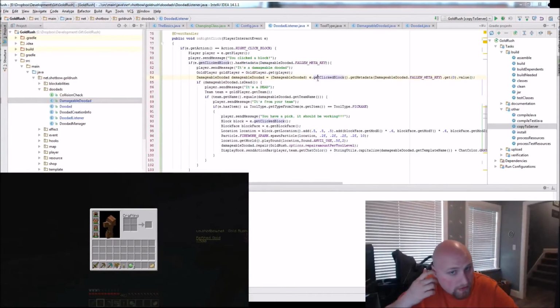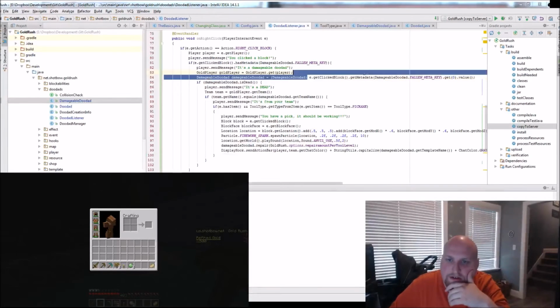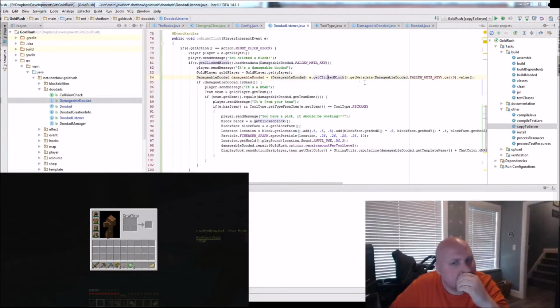Boom. And the only reason why I can do this particularly is I know I'm only going to be putting one there, and these are contracts I have to establish for myself. There's ways to wrap this complexity so you don't have to have this kind of ugliness there. And I'll look into refactoring it later, but for now I just need to get it to work. So fallen meta key, then we get that damageable doodad comes out of it. Fantastic. So now I can go in here and I'll build, upload, and carry on.